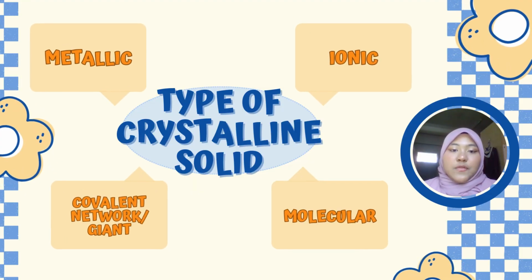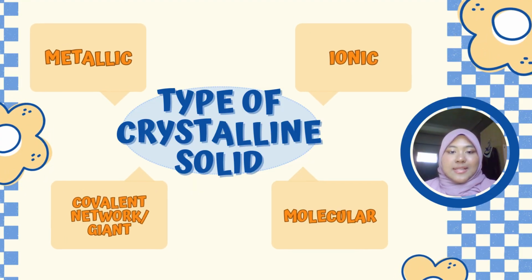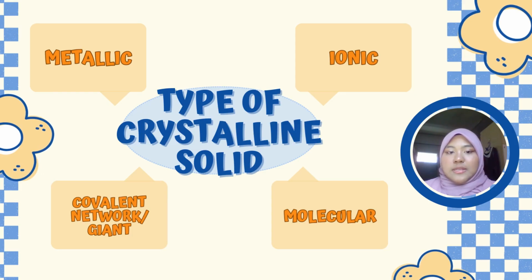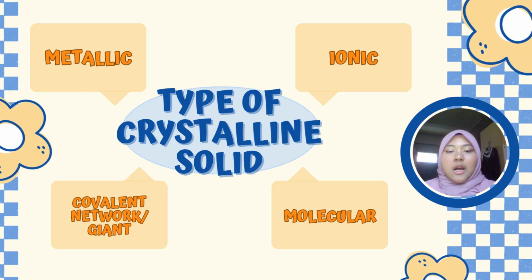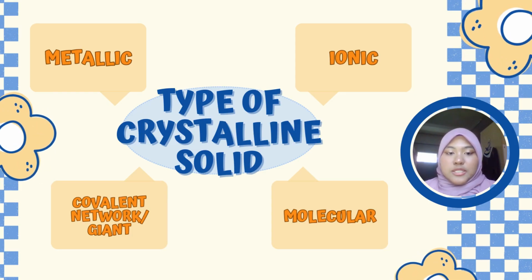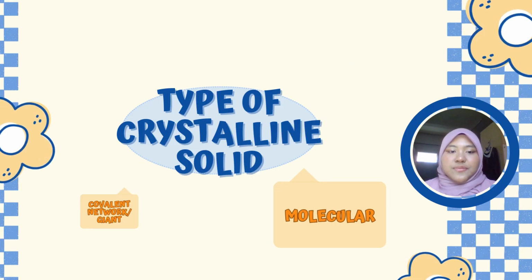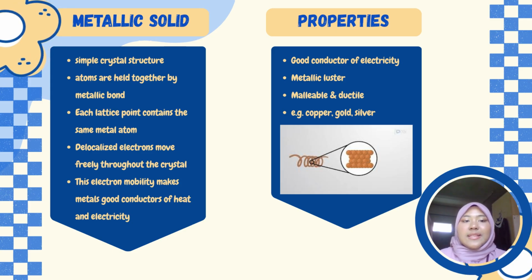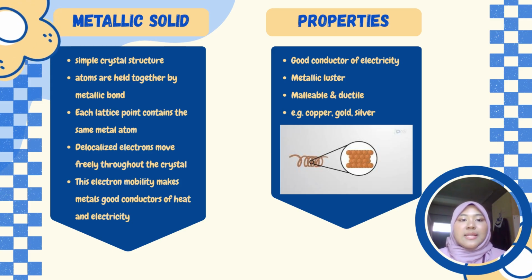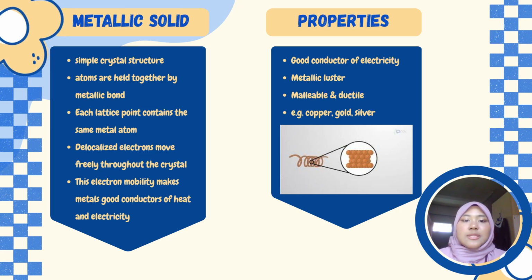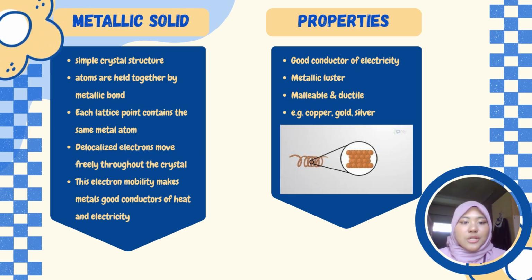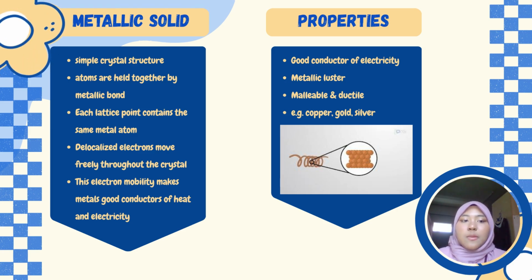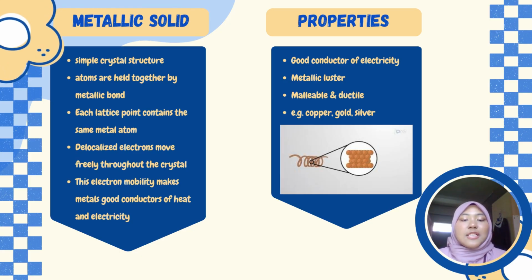Next, I will present the following content, which is the types of crystalline solids. There are 4 types of crystalline solids, which are metallic, ionic, covalent network or giant, and lastly molecular. Metallic solids have a simple crystal structure where identical metal atoms are held together by metallic bonds with delocalized electrons that move freely, making them good conductors of heat and electricity, malleable and ductile, with metallic luster such as copper,